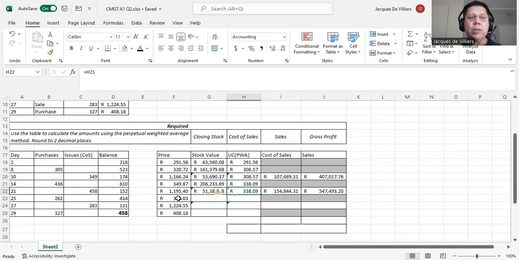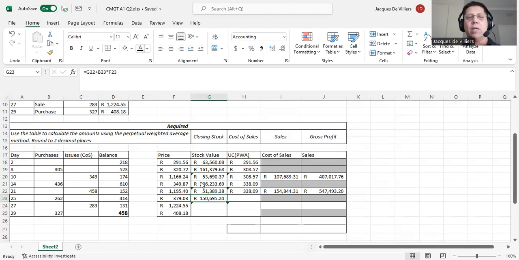We make a new purchase on the 25th. We are purchasing 262 units at 379 Rand. Okay, so what do we have to do? We have to multiply the 262 with the 379. And then when we get that answer, we must add that to our existing stock value of 51,000. And when we do that, we get a new stock value of